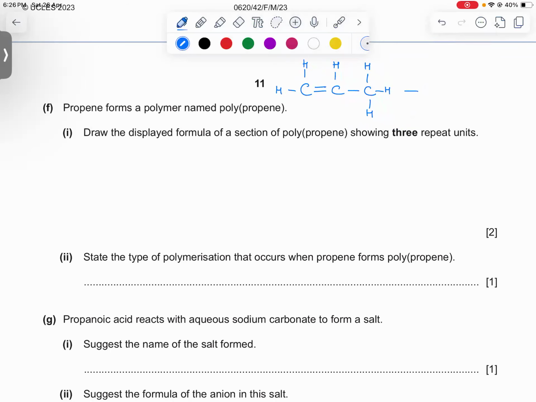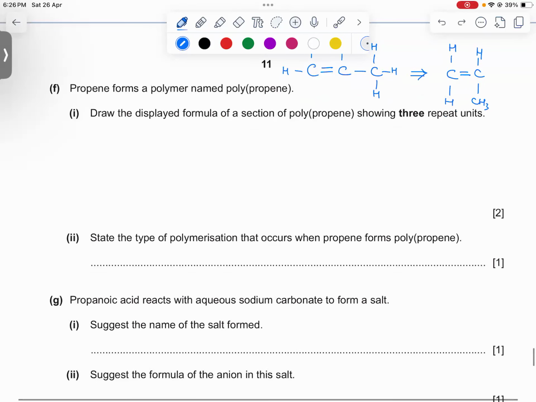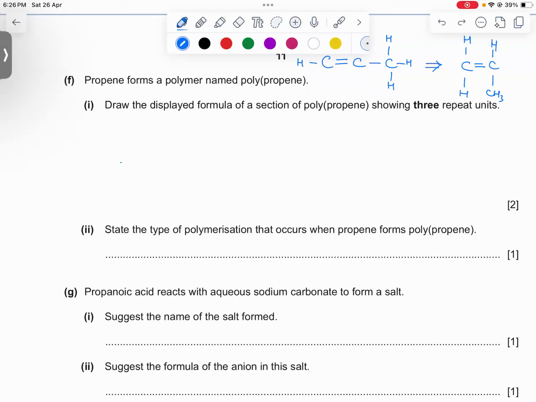Now to make it into an addition polymer, first of all you have to do a little bit of cosmetics on it. Basically you want to have the left and right sides empty. All the bonds should go up or down. For example, this bond is on the side, so it can go down because the downside is empty. Now how do you draw the displayed formula? The answer is very simple. You draw a bond, you draw a carbon.